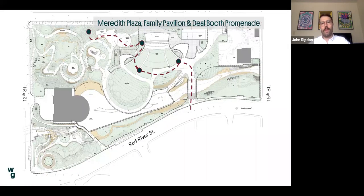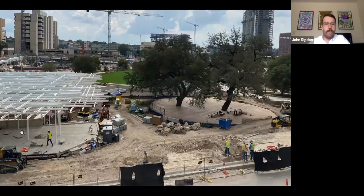So moving a little bit further to the south, we're going to take a stop at the Meredith Plaza Family Pavilion and the Deal Booth Promenade. So right next to the canopy, and this is that plaza level I was just speaking of, and our dressing rooms are underneath here, underneath the soil and underneath the plaza. There's going to be a walkway connection which leads you onto the Meredith Plaza,